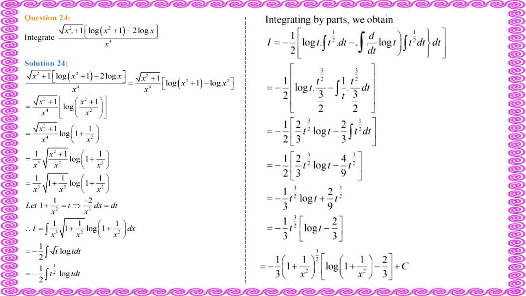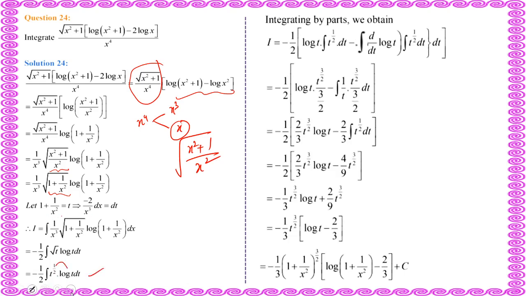Question number 24, here under root x square plus 1 upon x power 4. We are writing it separately and then this term as it is. Now here we are using log m minus log n, which is log m by n, splitting it as 1 plus 1 upon x square. Now here we are splitting x power 4 as x cube into x, and x cube we are writing outside, and this x we can write as under root x square plus 1 upon x square here in the root. Then we are splitting inside the root also. We are applying the substitution method and we are getting this function.